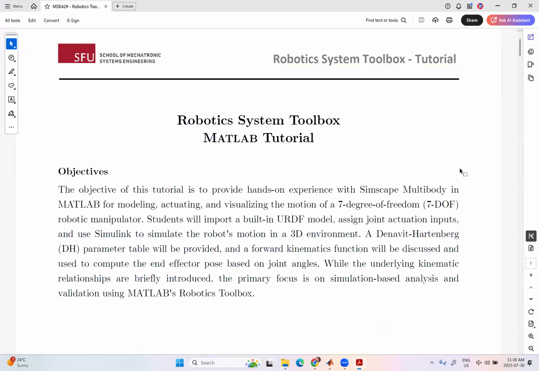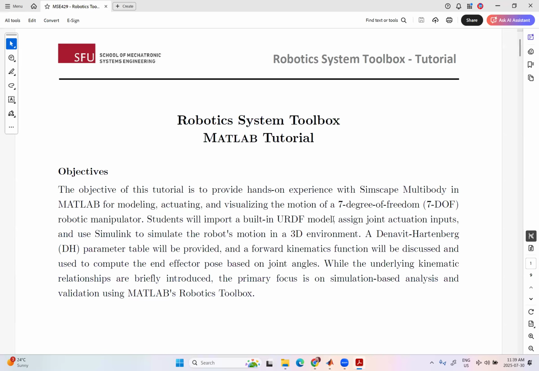All right, so let's see what is the purpose of this tutorial. What we are trying to learn here is to work with the Robotics System Toolbox. In this tutorial, we only focus on some forward kinematics integration for a 7DOF robot, the KUKA robot that I mentioned that we have on campus. But we want to basically focus on bringing in a built-in model that MATLAB already has for that robot, how to